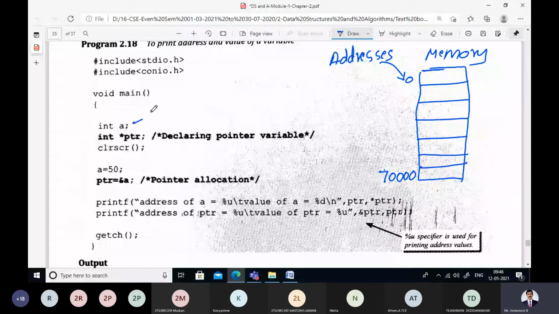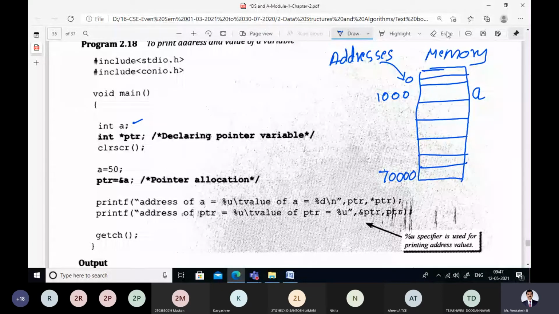So the very first line, what we are trying to do here is declaring a normal variable called a. Let us assume that it is stored at the address, say 1000. The address for variable a is 1000, because so many blocks are there.